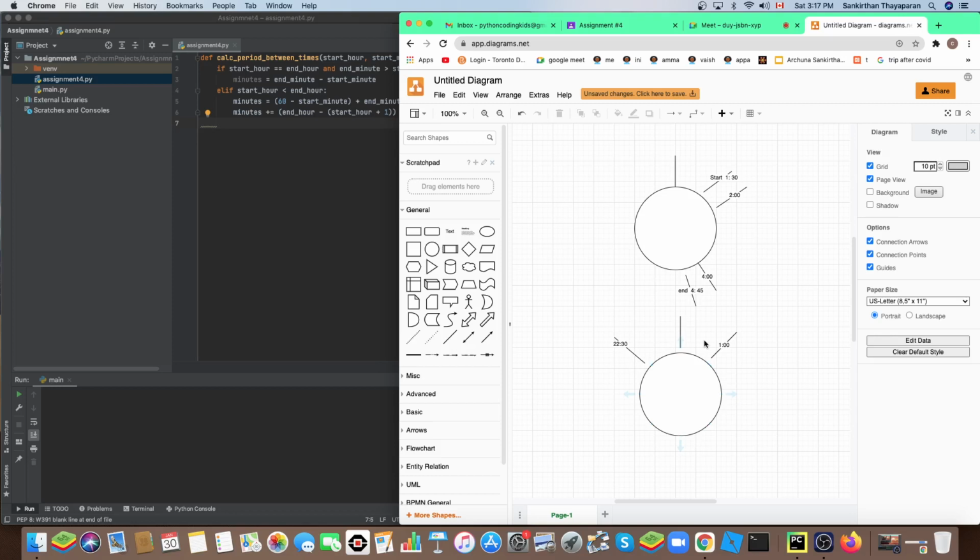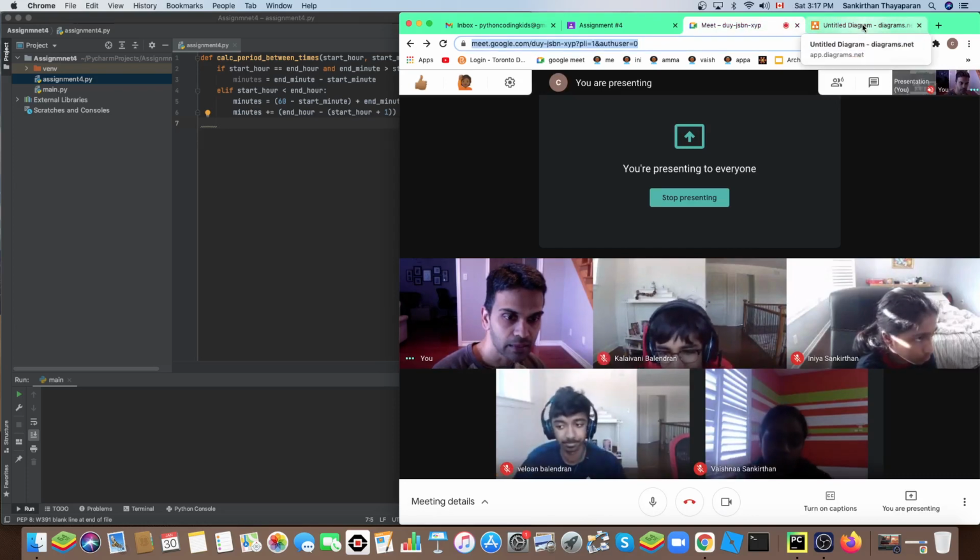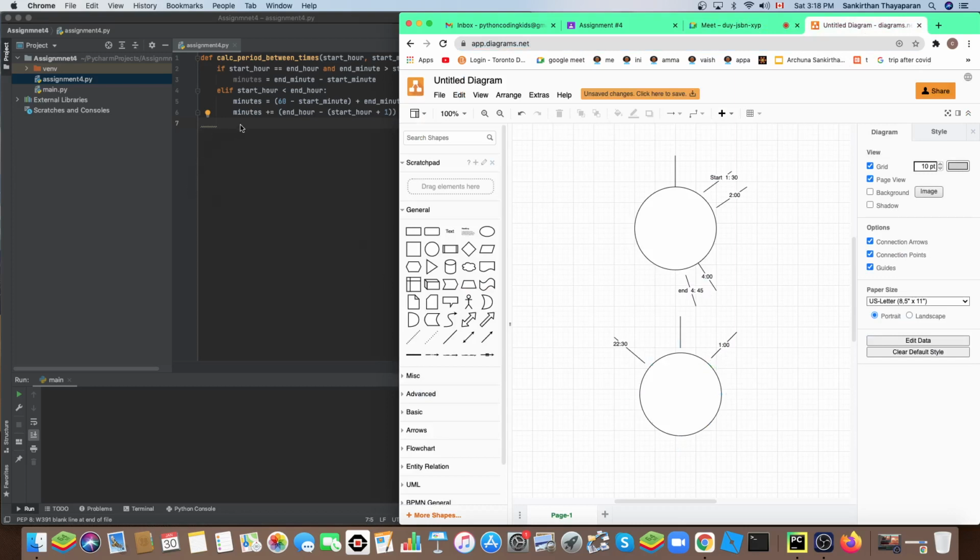So how can we figure this part out? The easy way of figuring this out is that even though this is start and end, we can find out the time between the start and end, right? So if we assume this is the start and this is the end, we would find the time in this range. And taken that range, if we subtract it from the total minutes in a day, we would get this part. That's the easiest way to find out. Does that make sense? Yes. Okay, so what we can do is we can say else